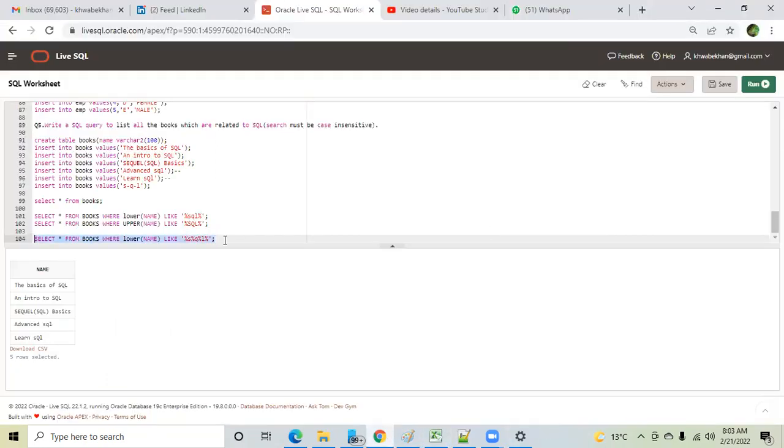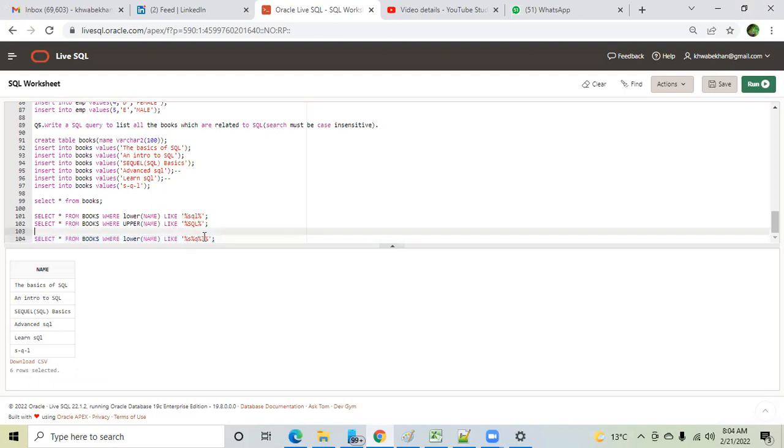Okay, perfect. So now I'm executing this where lower name like, I have written percentage, percentage, percentage. I'm running this, and tell me what is happening here. We got the output. You got the last output as well. Yes. Okay, but I will not suggest that this is the correct way to write this query. This has some limitations as well, but just to show you that you got the last output as well. There are some limitations to this, and I will show you that, but before that,